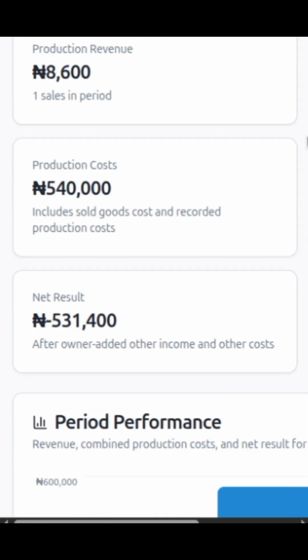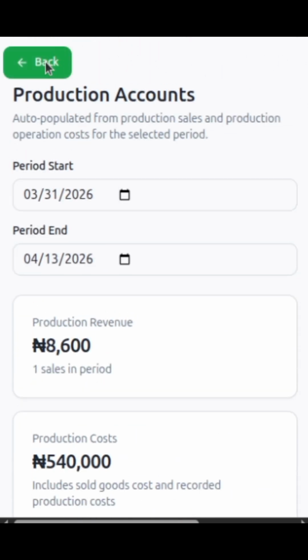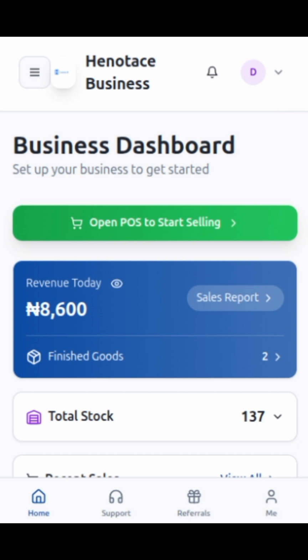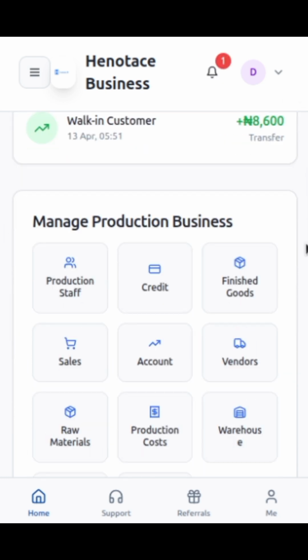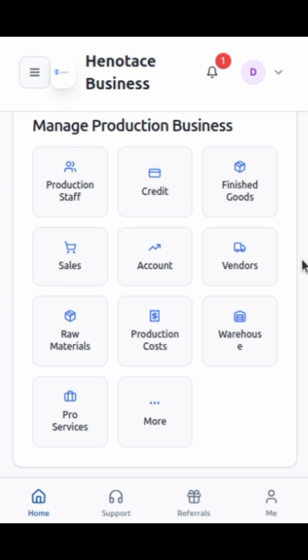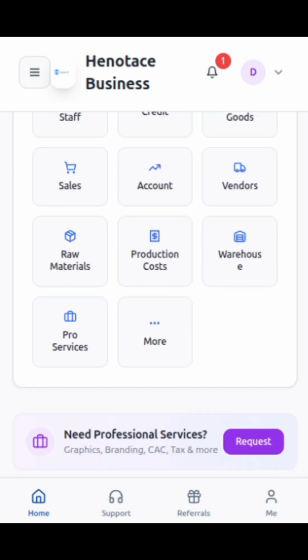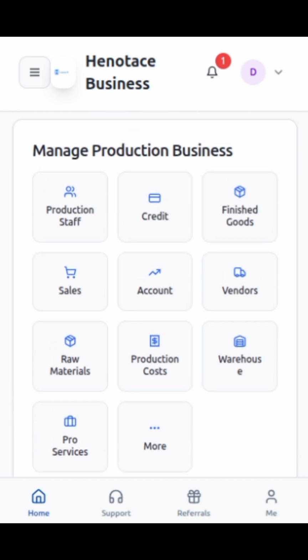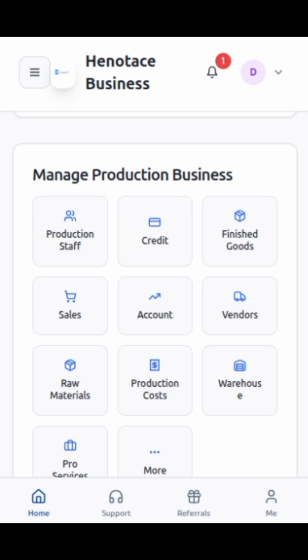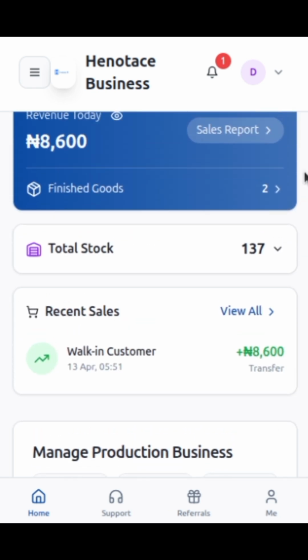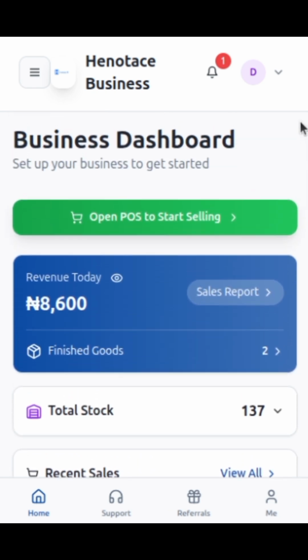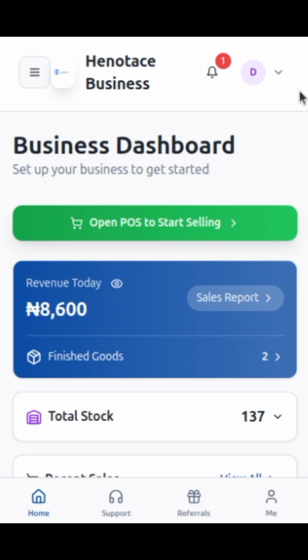So this is just a breakdown of how you can manage your business as a production type of business. It covers almost all of the things you need. If there are other questions you have, you can just quickly drop them. But this is just an overview of how the software works for the production based dashboard. This is different from the retail dashboard. This is specifically for producers, people who produce like bakeries, like pure water factories, and people who produce